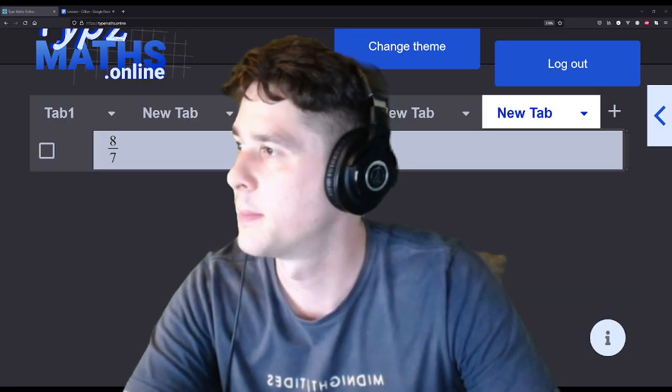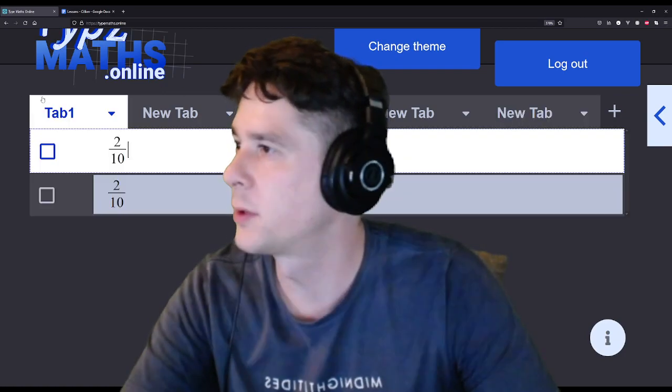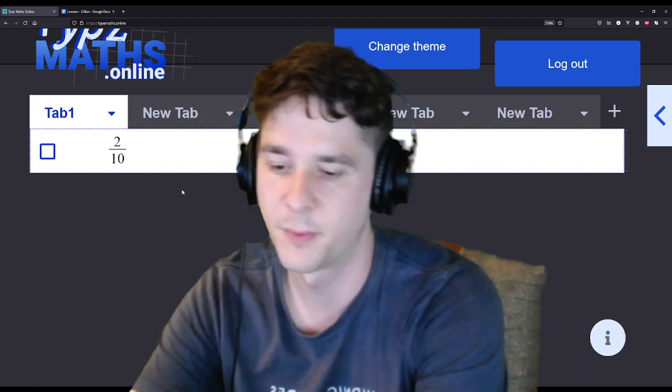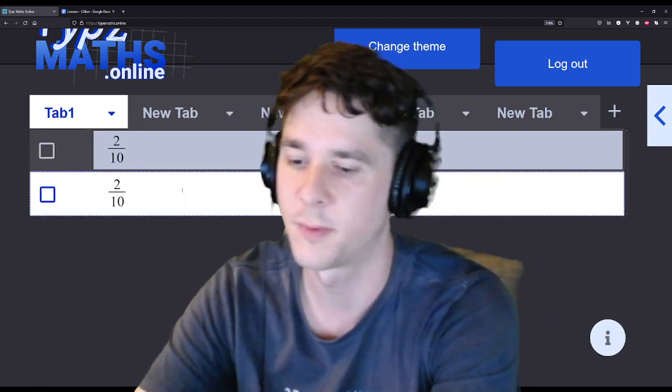Okay, so let's look at doing some fractions to percentages. I'll just pull up what I've got here in Type Maths. I'm going to work through 5 examples and have a look at them. The first thing we're going to do in this one is turn the fraction 2 over 10